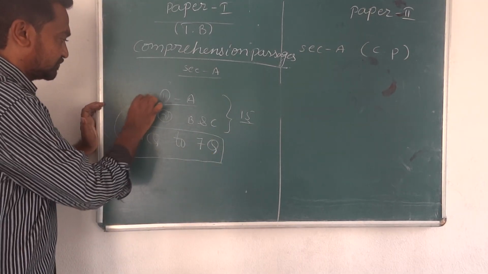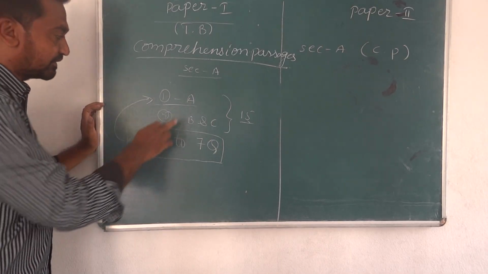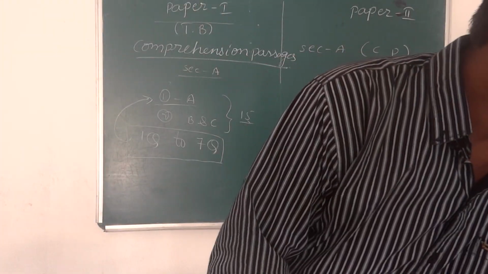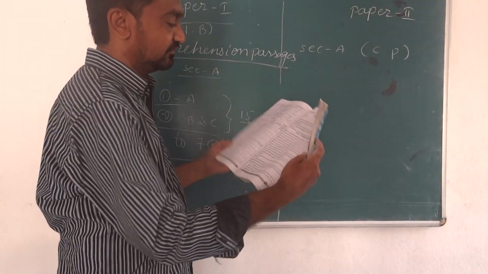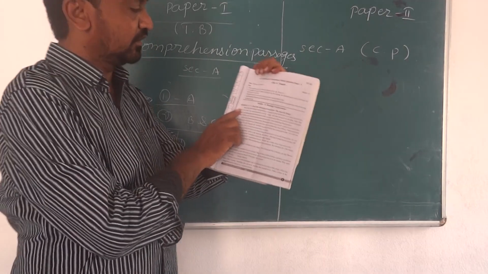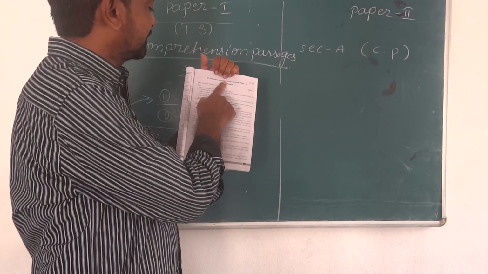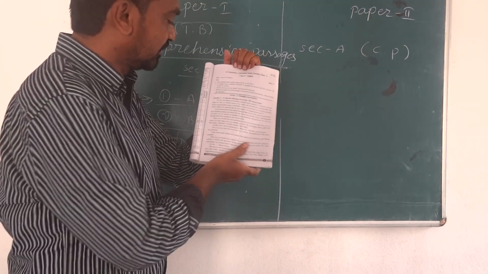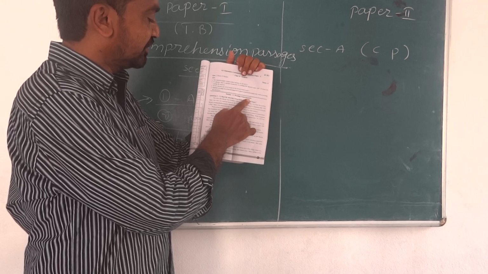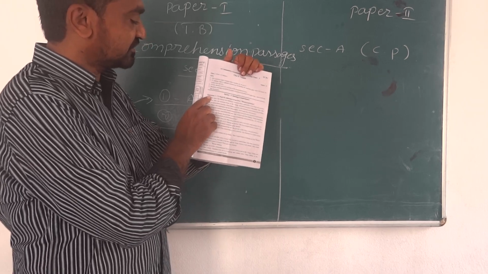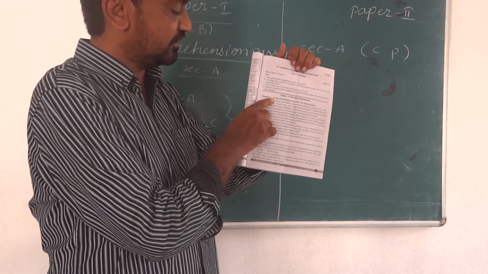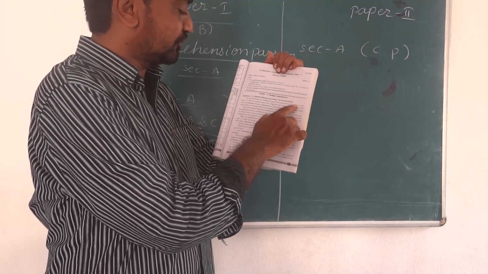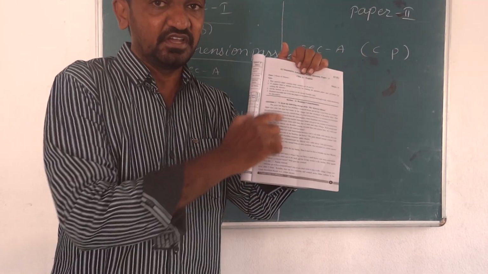This is the first passage, which I told you comes from the A reading, question number 1 to 7. Let me show you that. Here is the question paper model. It is the summative assessment model question paper, 10th class. Same for the 9th class also. Here Section A, reading comprehension. Here you can see question number 1 to 7. Read the following passage from the storied house. Here the passage is given.